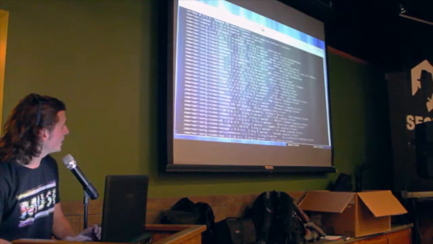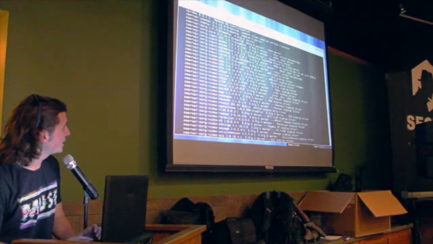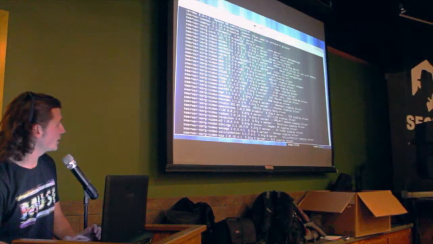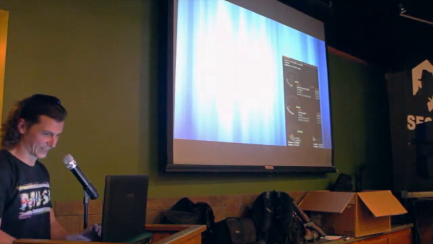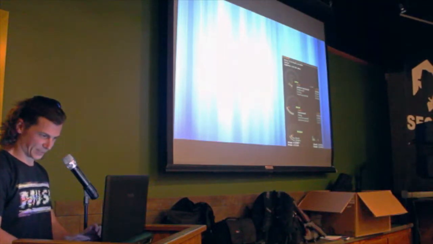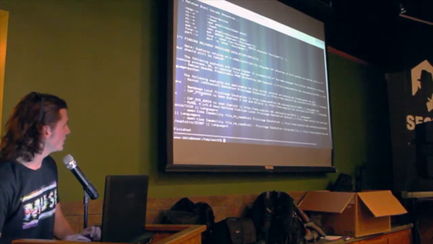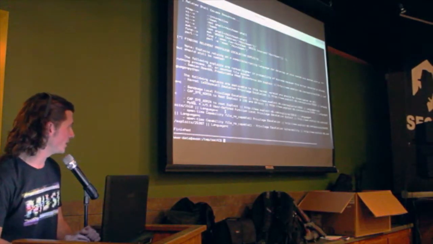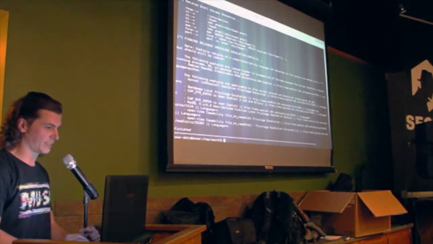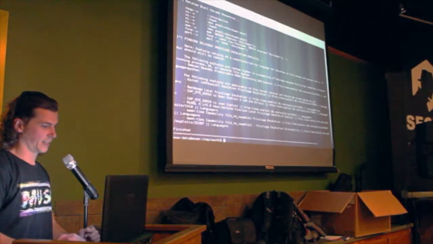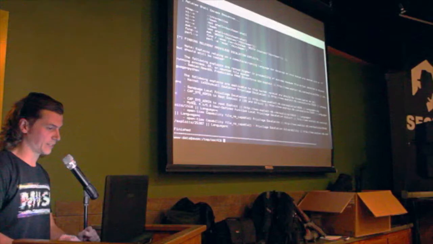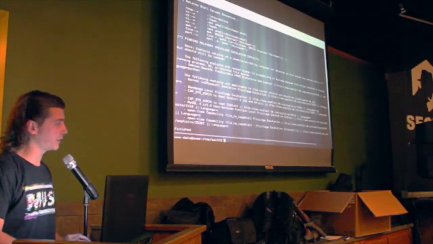It also enumerates every installed application and the versions, so you can look those up. I can't see the scroll bar from over here. And at the end of the script, it gives you some suggestions for different exploits that might work on this machine. The only problem is this script's a little dated, and so